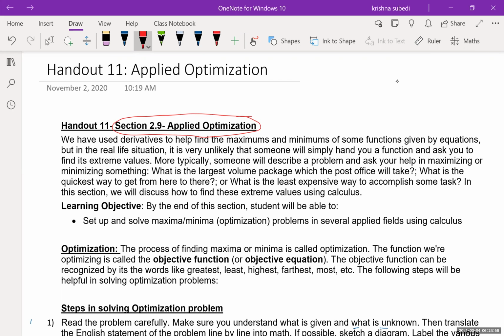In the previous lesson, we used derivatives to find the maximum and minimum of some functions and equations. But remember, in most situations we were given the ready-made function. With the given function, we found the derivative, found the critical number, and then tested whether it is actually a minimum or maximum. That's what we did. But if we think of the real-world situation, the function doesn't come in that ready-made